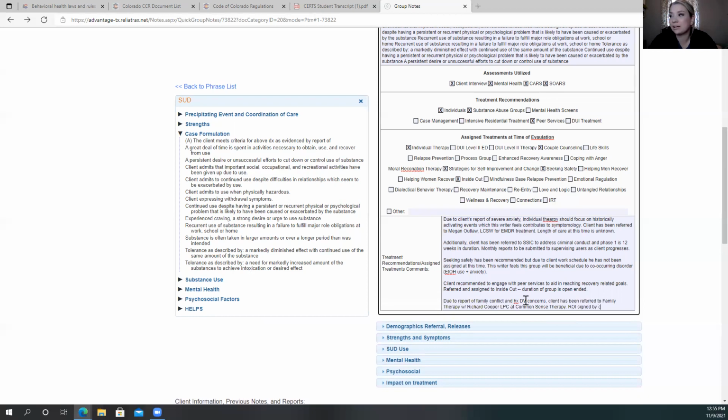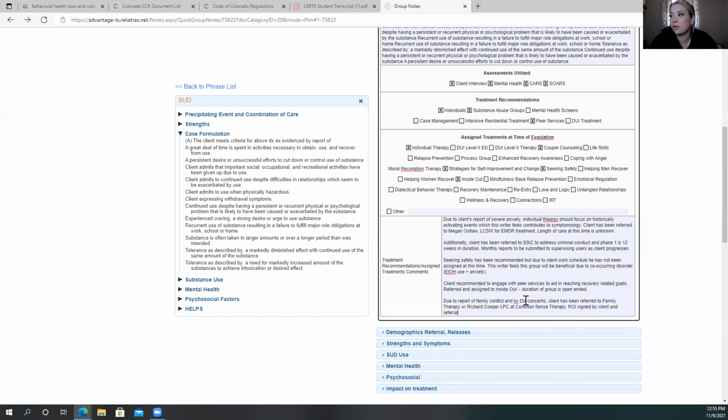ROI signed by client and referral sent. This office will coordinate care and apply treatment hours towards 4+